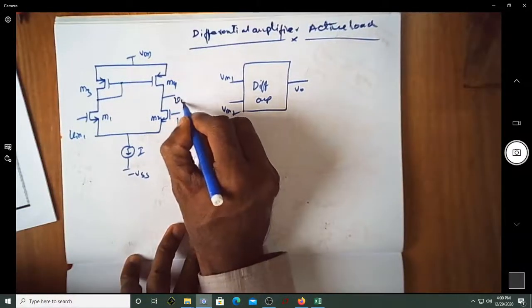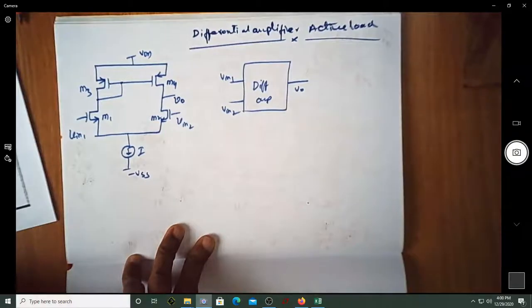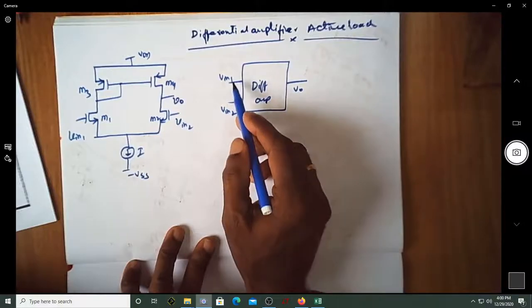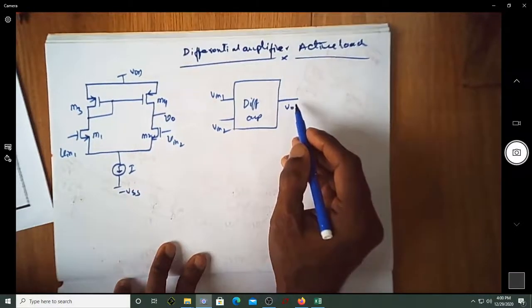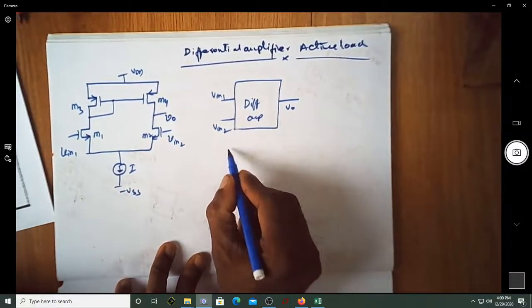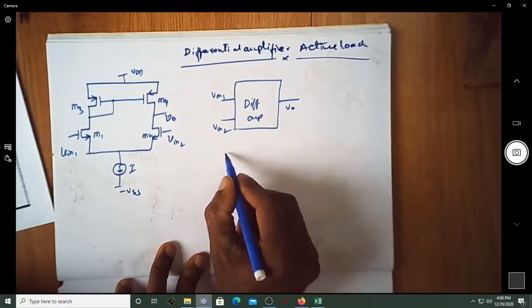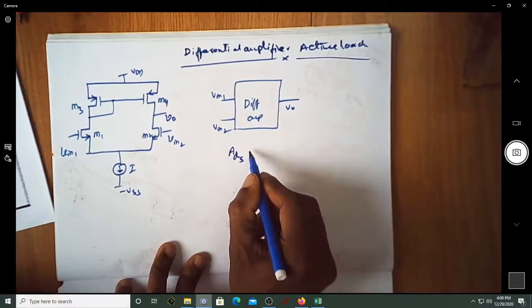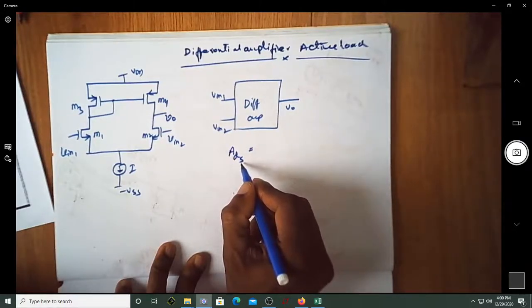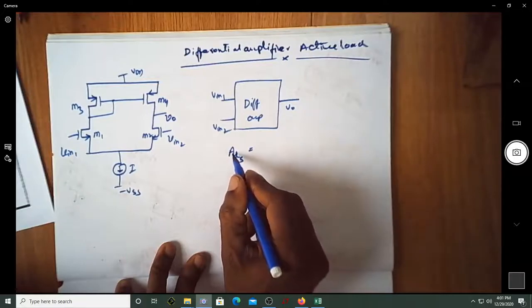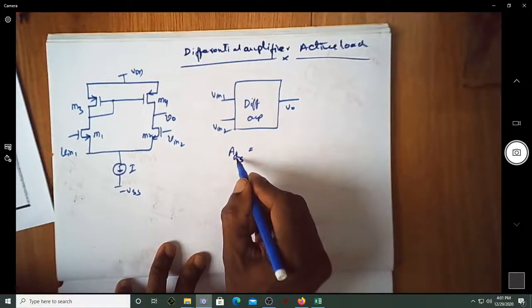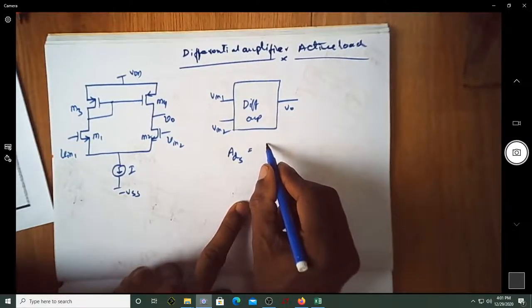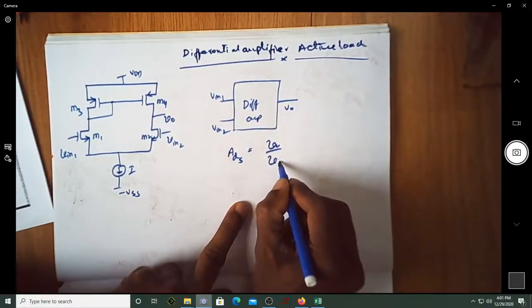So this is the point where we get the single-ended output voltage, and this is the block diagram of the differential amplifier indicating two differential inputs and a single-ended output. So we are looking at what the differential gain of the amplifier, AD, is. Of course, you have only a single-ended measurement. So this is the gain of the differential amplifier with single-ended measurement with the differential input. So we are looking at V0 by VID.